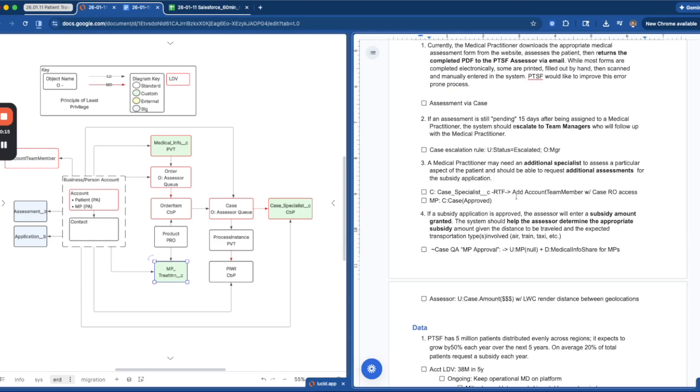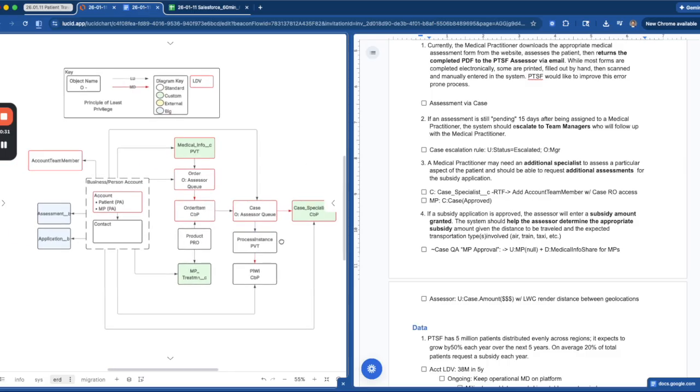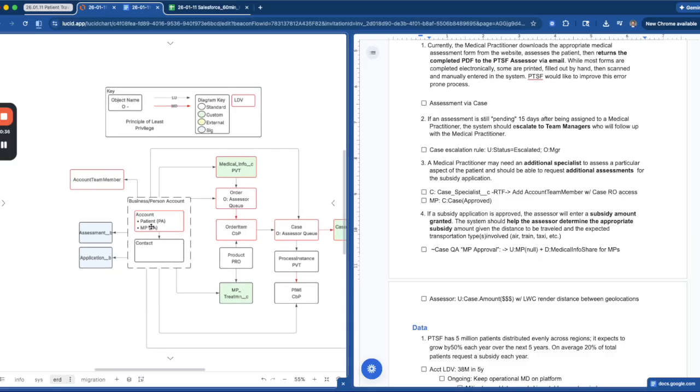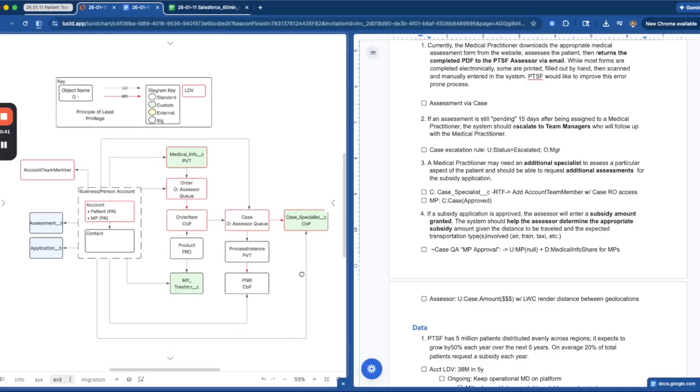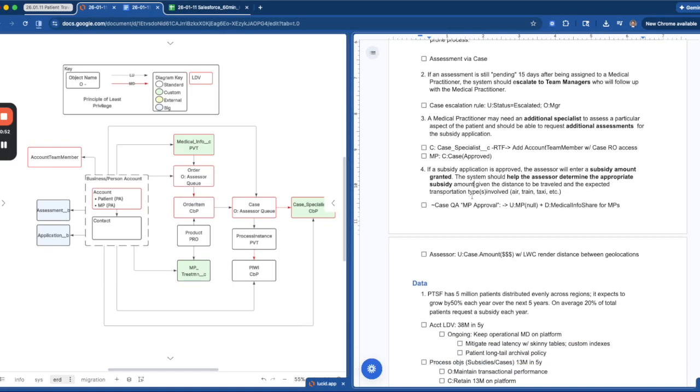If the MP needs additional specialists to assess the patient, then they will create an additional child case specialist record that has a hierarchical lookup to a user, which is the MP. That will simultaneously create an account team member associated with the patient that will give them read-only access to the case itself. Once the case is approved, they will then update the case status as approved, and that will then,